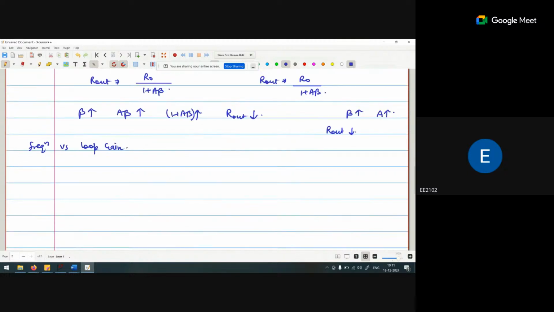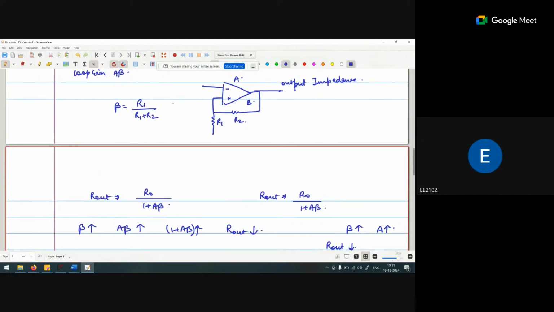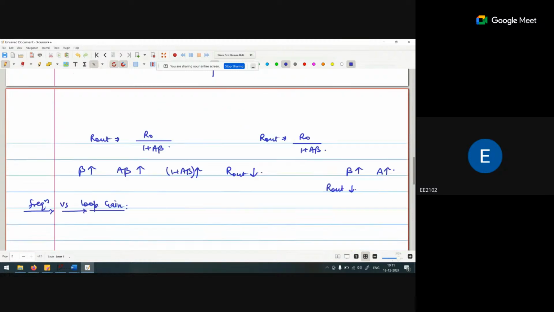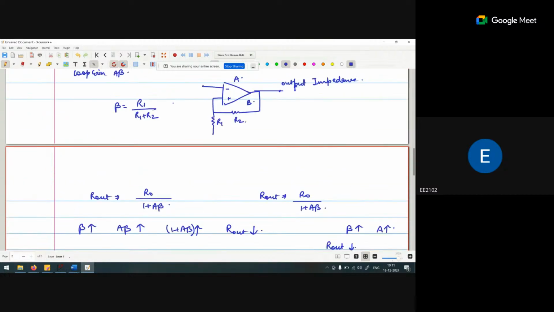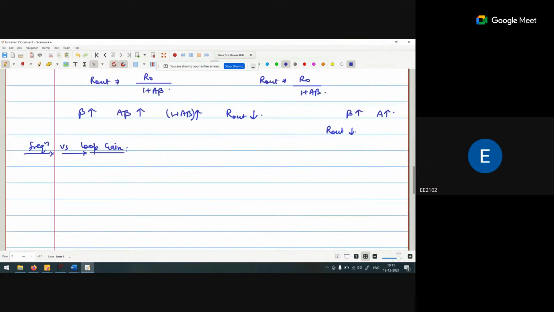Yes, frequency versus loop gain they have discussed. So they discuss that A beta